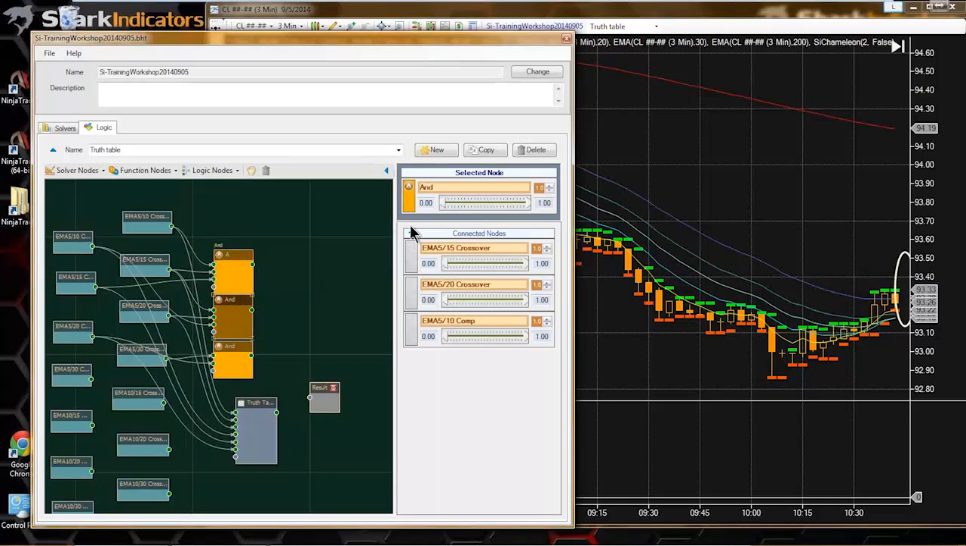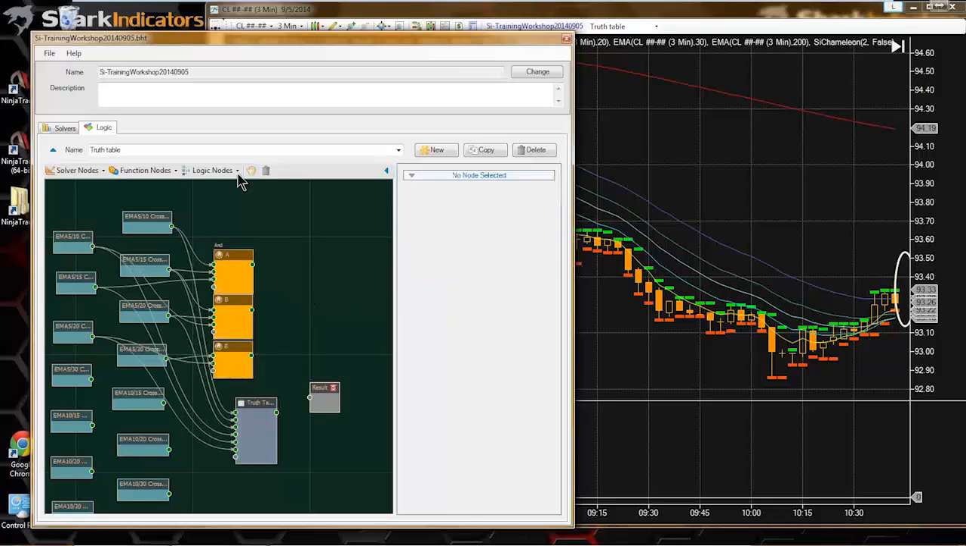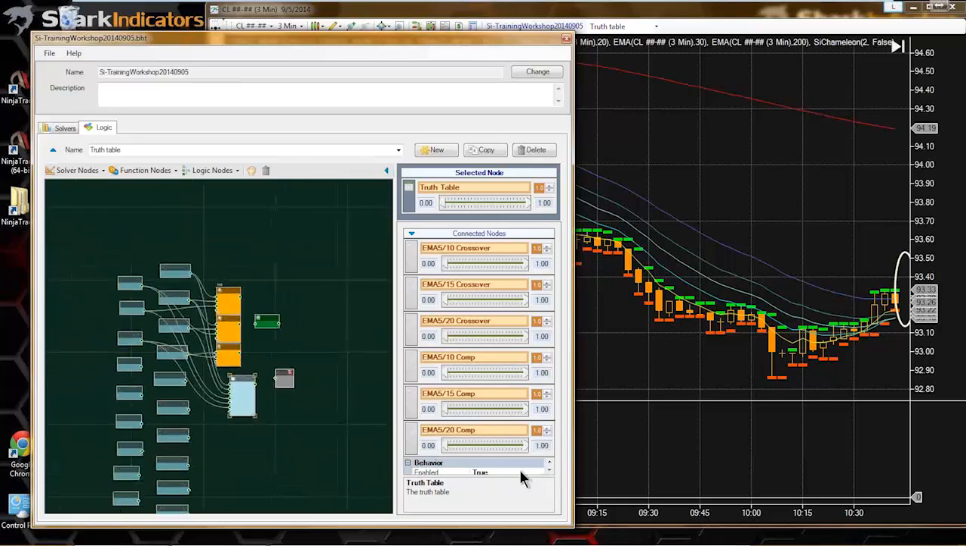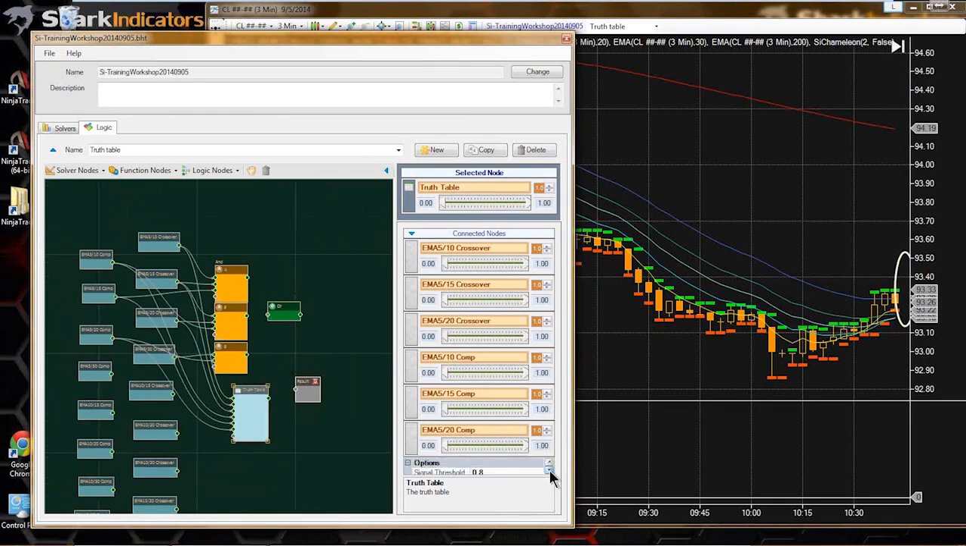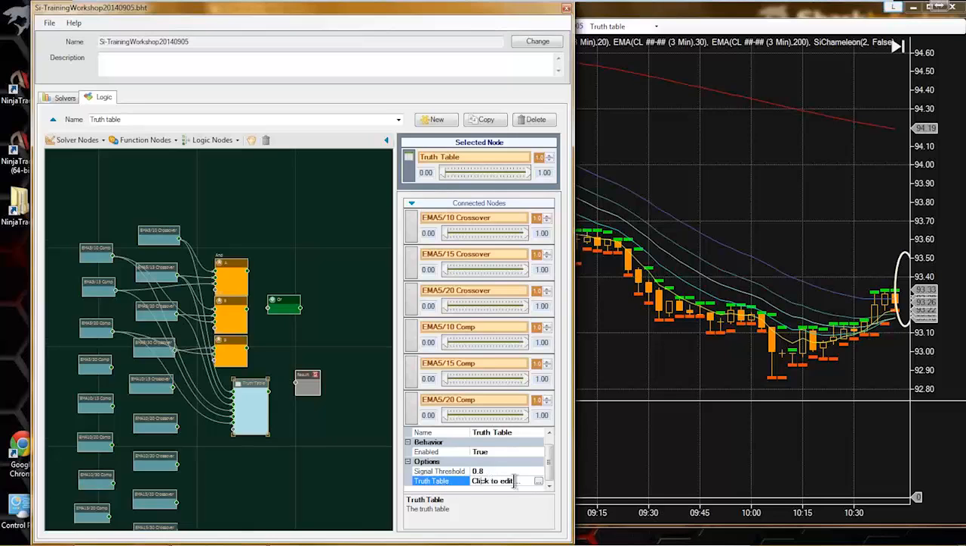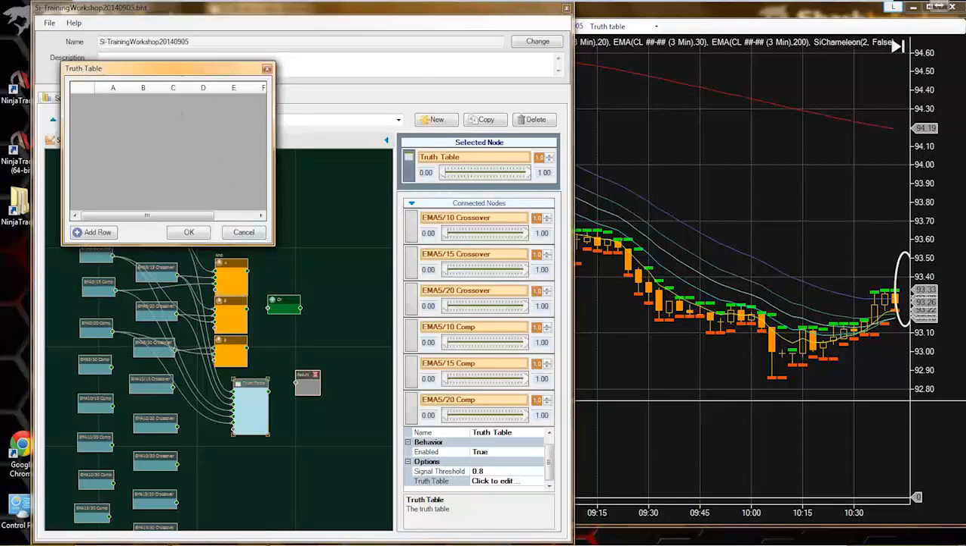So let me name these AND nodes, right? A, B, C, just to give it something simple. So let me park this OR node. Okay, so now I'll get back to the truth table, and alright, there we go. Just had to stretch this out a little bit so I can get back to the interface here. Open this up, and